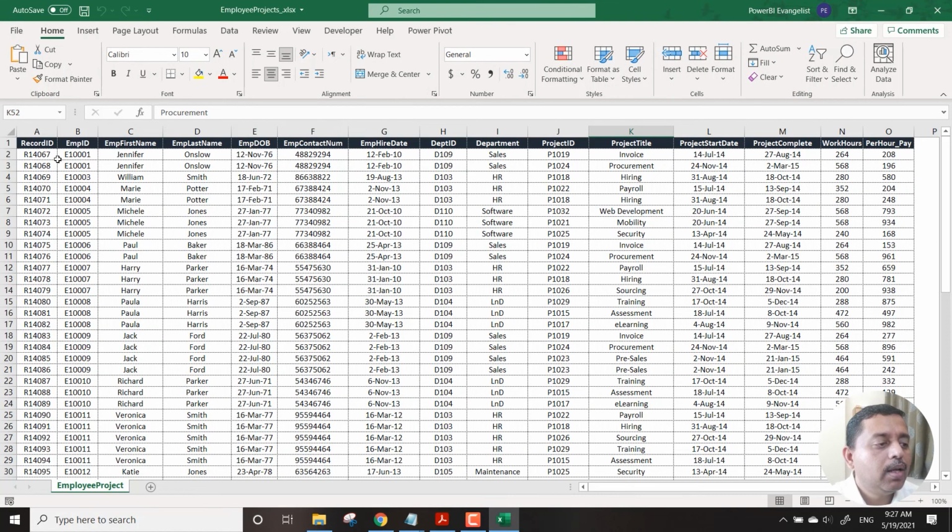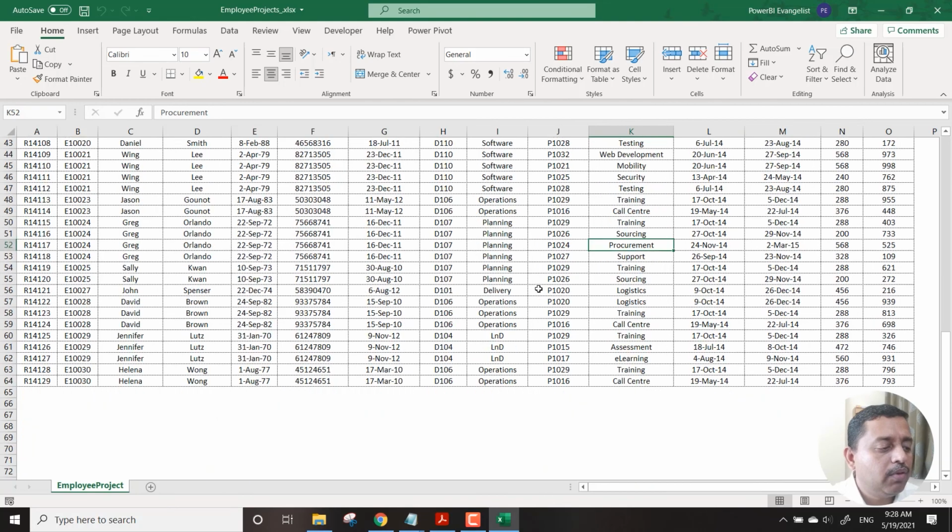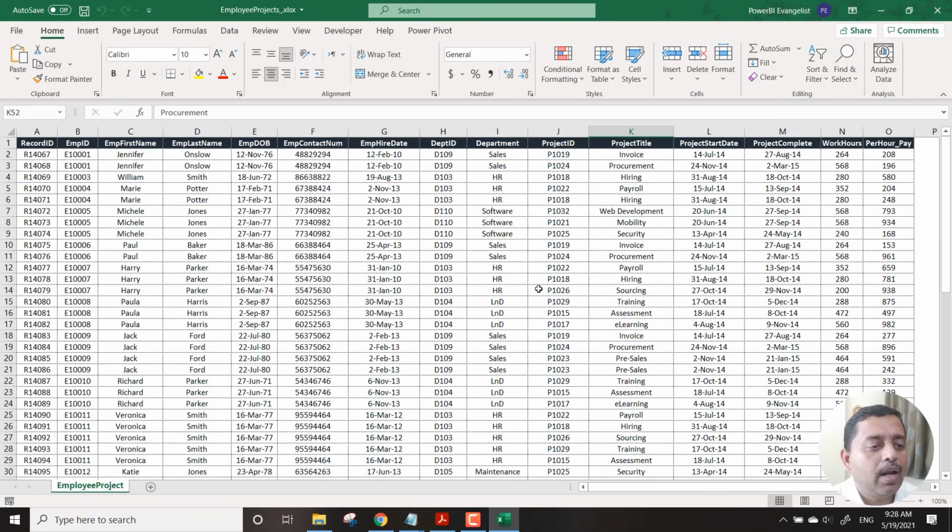It has the record ID, emp ID, and is a typical PMO project management report, or a very simple project management data set. We have the departments, the project start and end, working hours, pay and other things. Very simple, just 50-60 lines of data about their projects. So we will just close this.